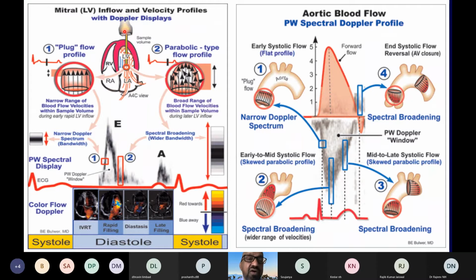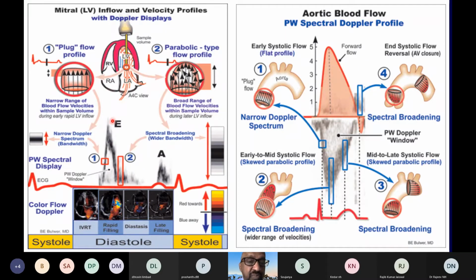So they are all close to the mid-clavicular line. At the apex, you have put the probe, and you're trying to look at the velocity profile across the mitral valve. Because the blood flow is coming from the left atrium into the left ventricle, in transthoracic echocardiography using this apical 4-chamber view, blood is coming from left atrium to the left ventricle during diastole.